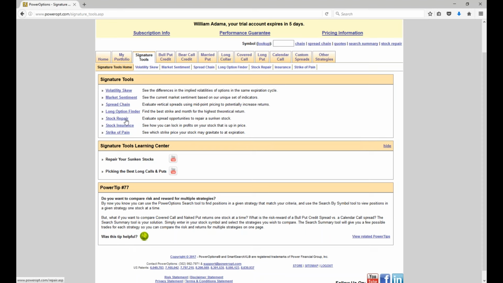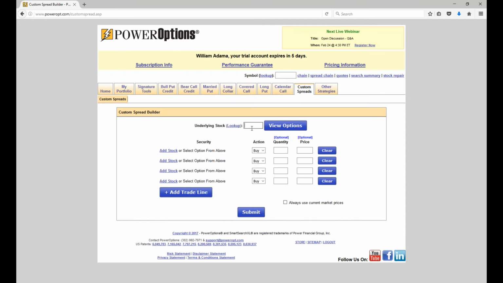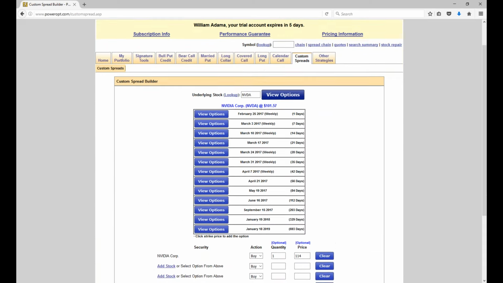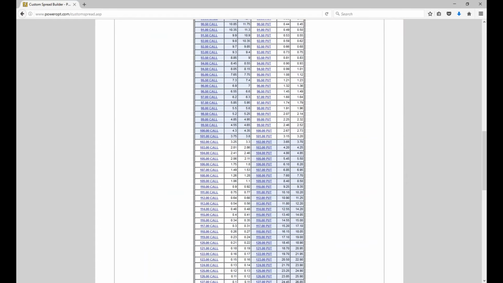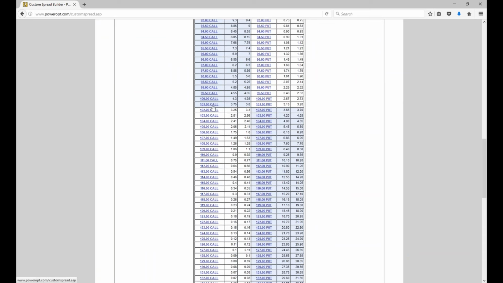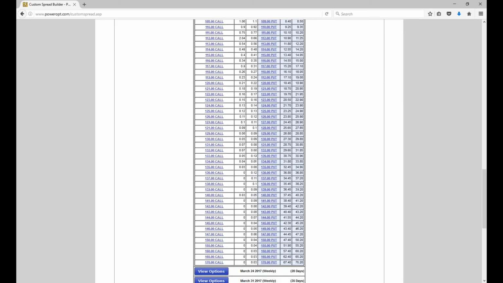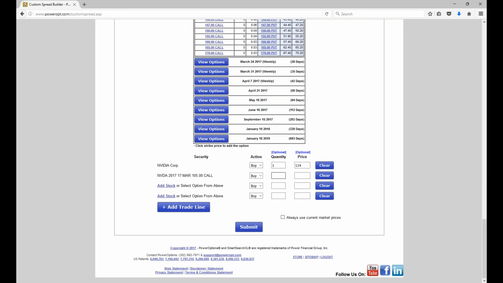First, I apologize, we're not going to go to the stock repair first. First I'm going to go to custom spreads, and bring up NVIDIA, NVDA, at a price of 114. Now, we could try to manage this. It's down to 101. We could try to manage this by selling calls against it. Let's go to standard March expiration. And, you know, we're not going to be able to get $14 right away. But with the stock at 101, maybe I could sell the 105 call, and we'd get about $2.05. Okay, so let's just go ahead and put that in for the covered call position.